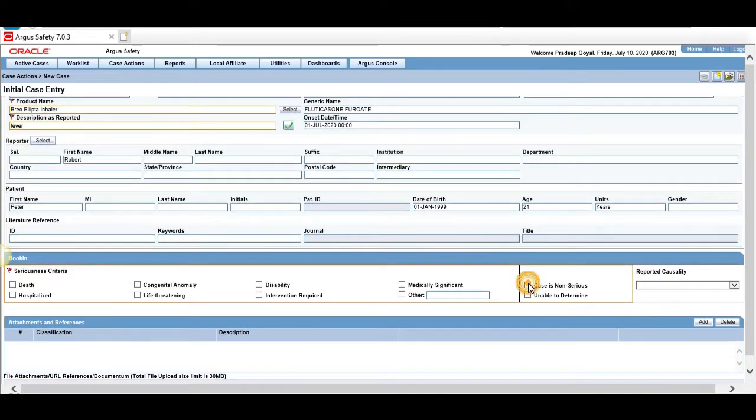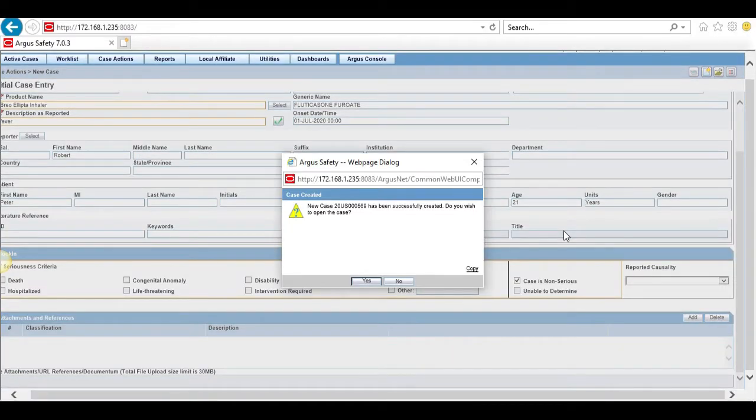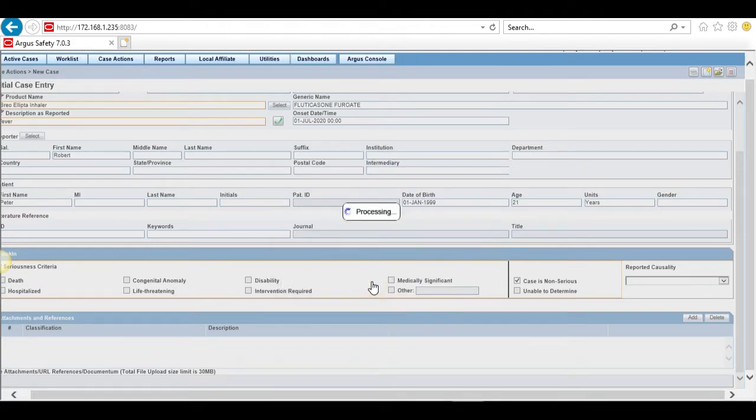We will create a non-serious case and click on the booking to save the case. Now let's click on the yes button to open the case.